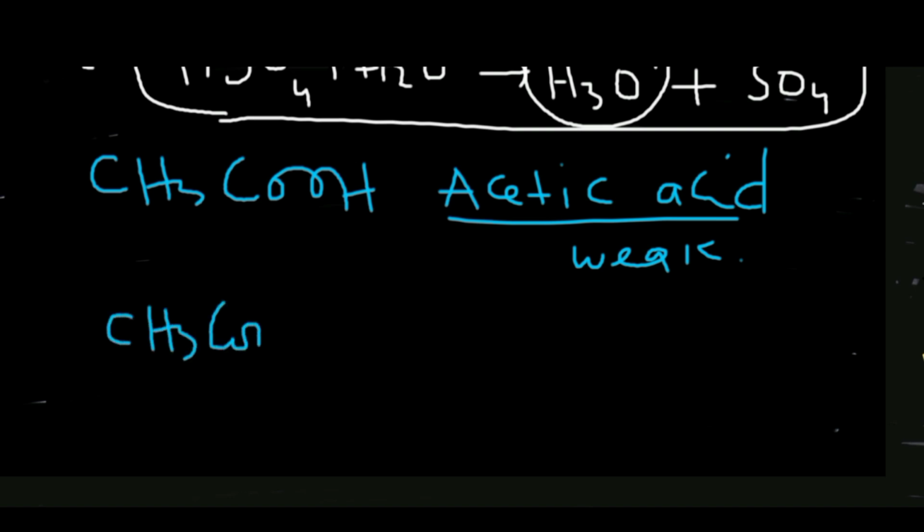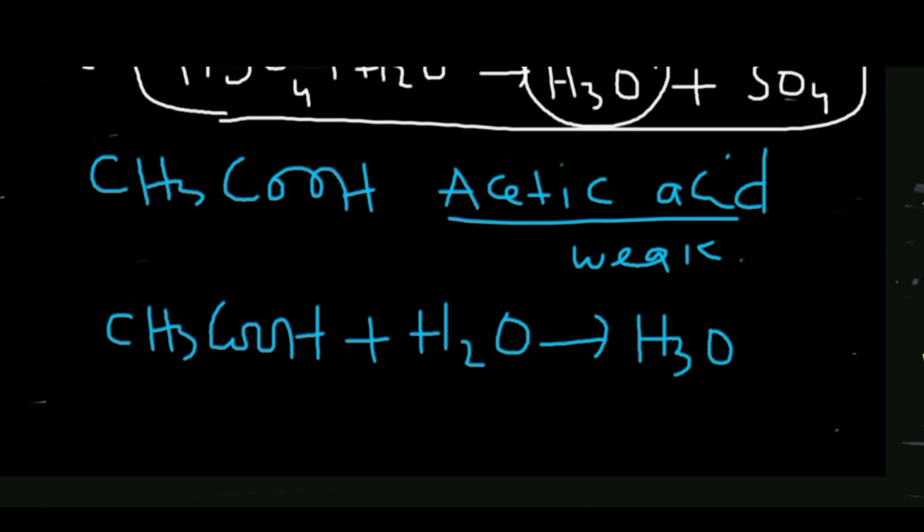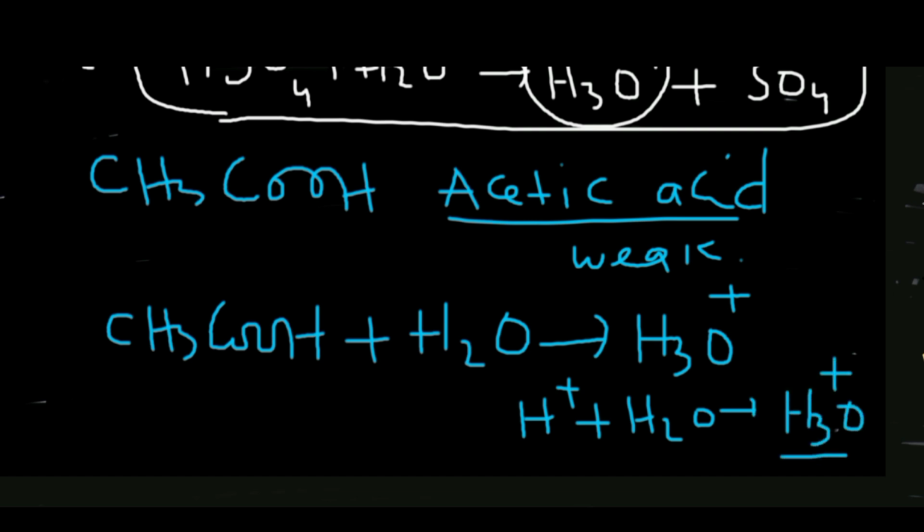If we add it into water, it will give acetate ions plus H3O. H3O means the addition of one hydrogen ion plus H2O, and that will give hydronium ions, H3O+. So when acetic acid is added into water, it will give hydronium ions plus acetate ions,